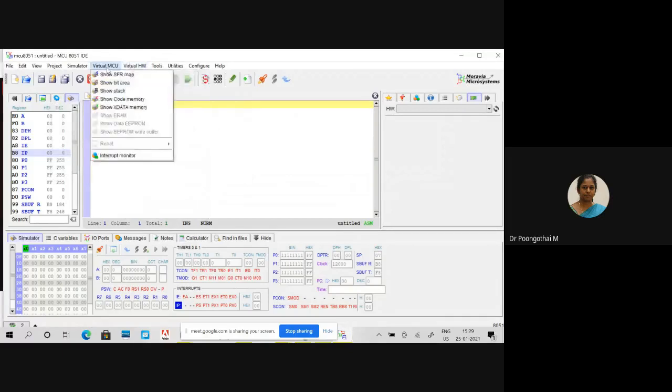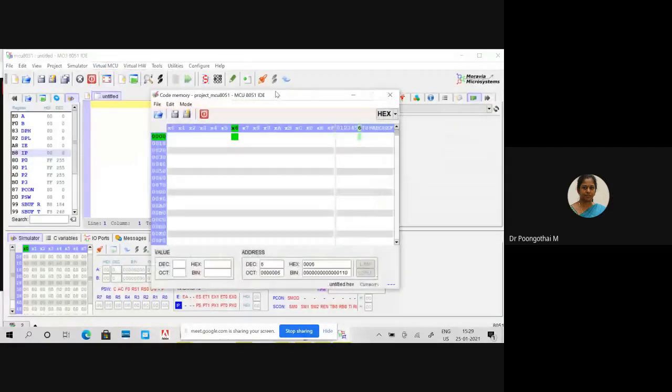In the virtual MCU, we have two important memories, that is code memory and external data memory. Code memory contains all your instructions, which means your opcodes, and data memory contains all your inputs.